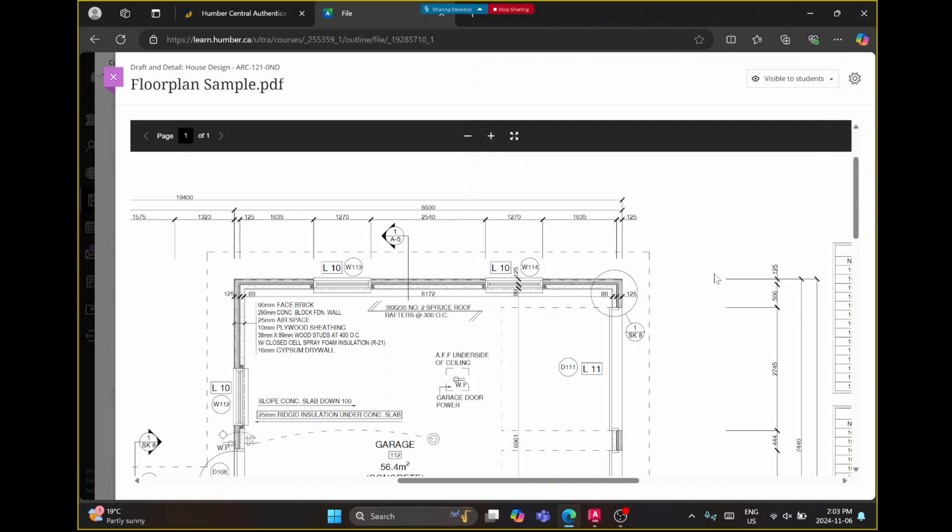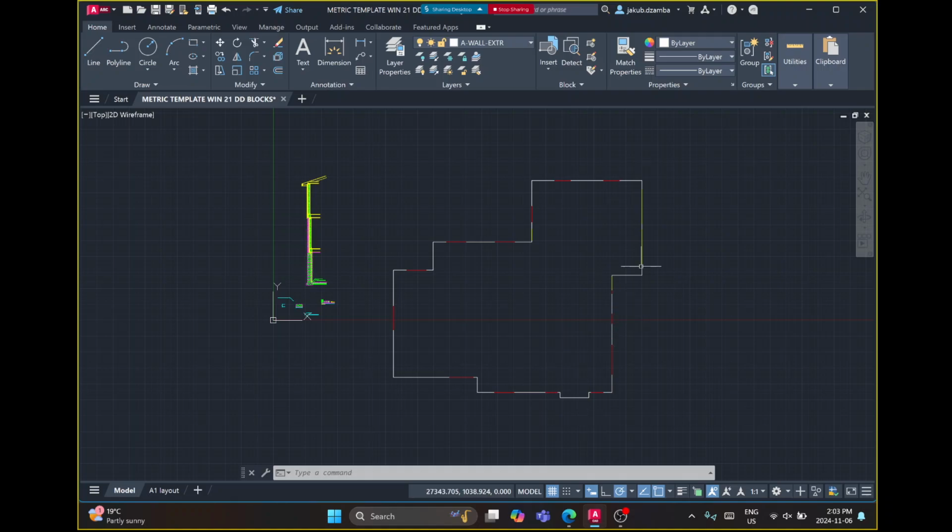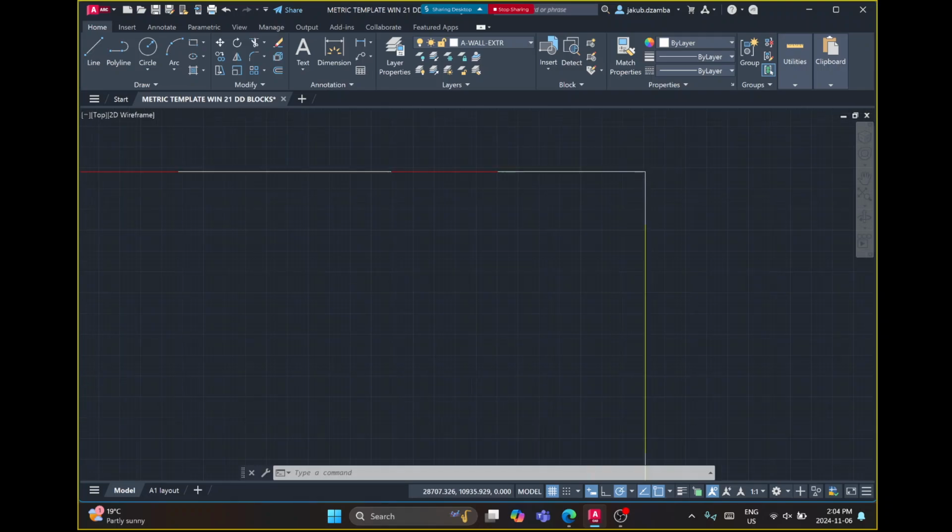Now some people may still be working their way through this, trying to close the loop here. But if I could get your attention just for wherever you happen to be, and don't worry, all of this is going to be in the video, so you don't have to worry about missing anything. I just want to show you the next method that we're going to use to work this house out. I'm going to zoom in to this corner, the top right corner,